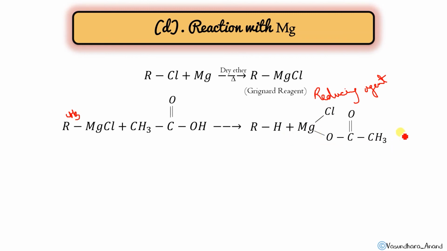Got it? Okay, one bond will be Cl, another bond will be C double bond O, and OH will attach. Any problem in this? Okay, here this H plus has gone out. Clear? ठीक है, so this oxygen is free, so ये Mg के साथ क्या हो जाएगा, एक बॉन्ड इसका बन जाएगा, like this. You got it?